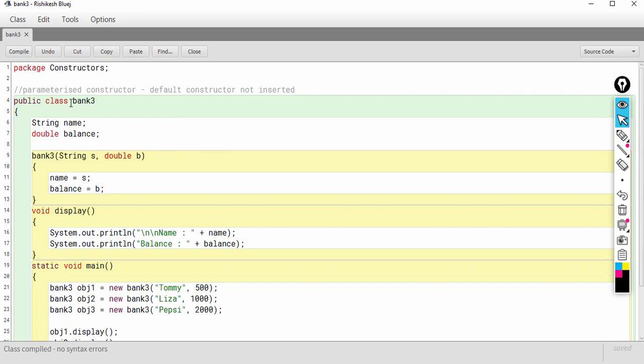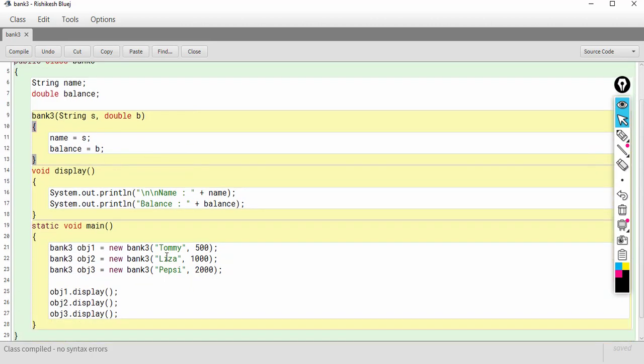Here our class name is bank3, and here you can see the bank3 constructor is there. This time the constructor parameters are not blank, so it is known as a parameterized constructor. When you have parameters inside the parenthesis of the constructor, that is known as a parameterized constructor.